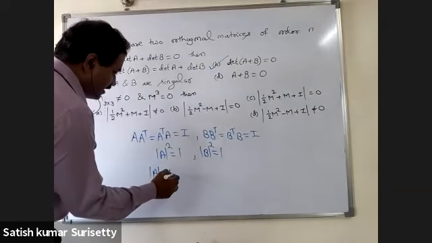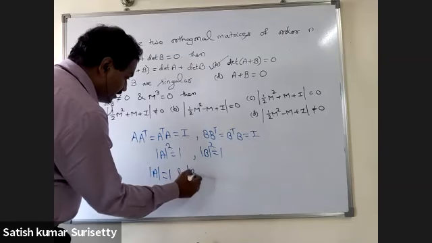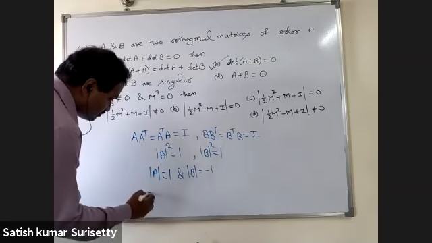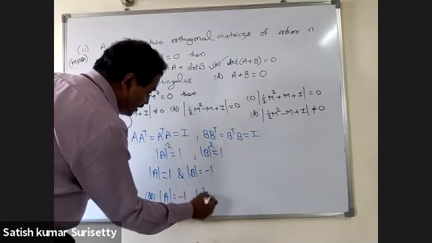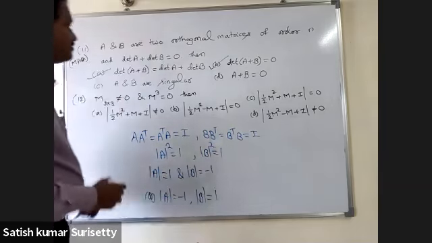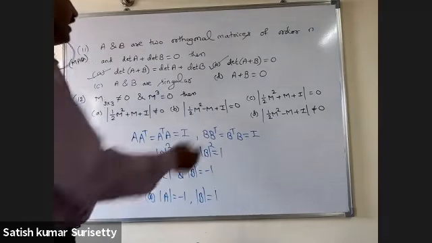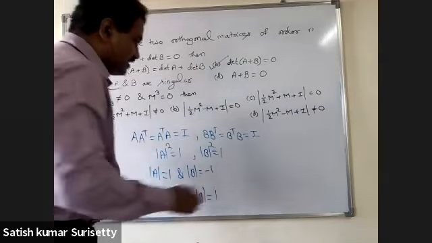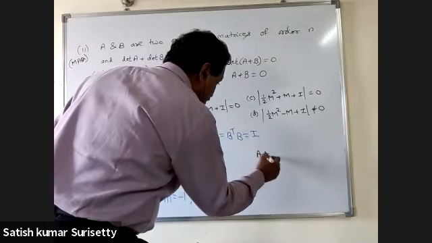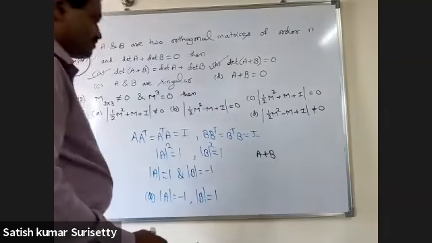So determinant of A equal to 1 and determinant of B is minus 1, or determinant of A equal to minus 1, then determinant of B must be equal to 1. Now we need to check the determinant of A plus B and also this. So if I consider A plus B,